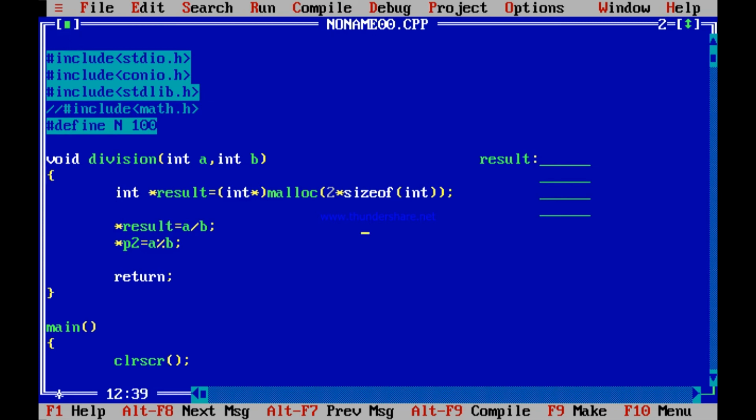That is, A divided by B, say 54 and 45, A divided by B is 1. You put 1 over here, in star result, the content of result, which is the quotient. And then you do one interesting thing. You say star of result plus 1. Please see what result plus 1 is. Result is an integer pointer, so result plus 1 is this address, 2 memory locations after that. In the content of that you put A%B, that is 9, the remainder. So the quotient and the remainder you put in 2 memory locations.